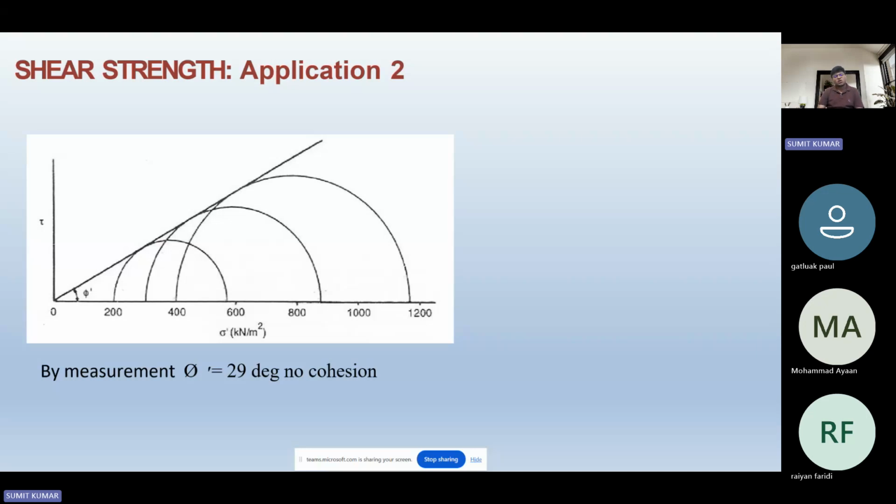Afterwards, we draw a common tangent crossing through all 3 points. The intercept on the y-axis is said to be the cohesion, and the angle with the horizontal is the angle of internal friction. So over there, the intercept on the y-axis comes out to be 0. So there is no cohesion, but the angle of internal friction is 29 degrees. In this manner, we are able to calculate the value of